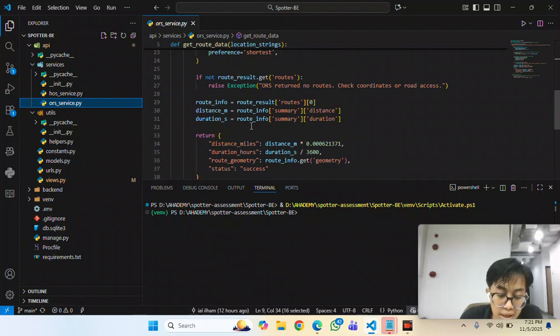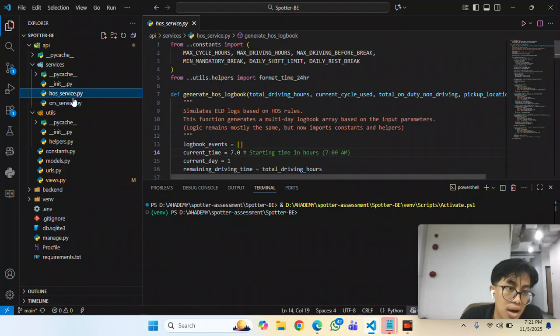Okay, and then hours of service.py, the file that contains the primary business intelligence, the generate logbook function. This function runs a complex day-by-day simulation.